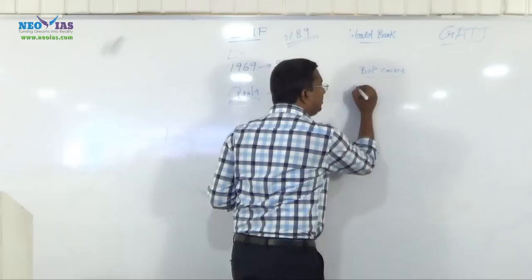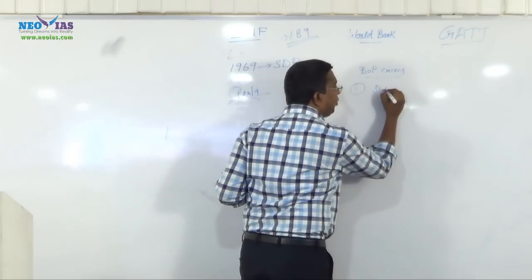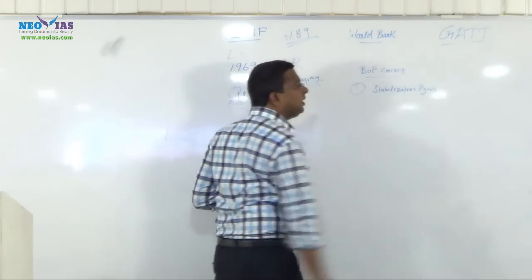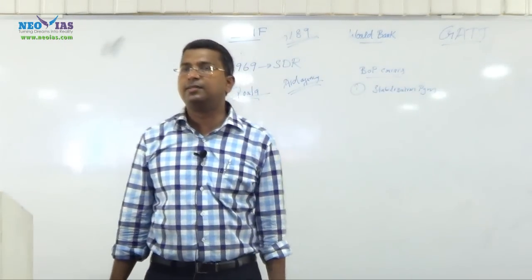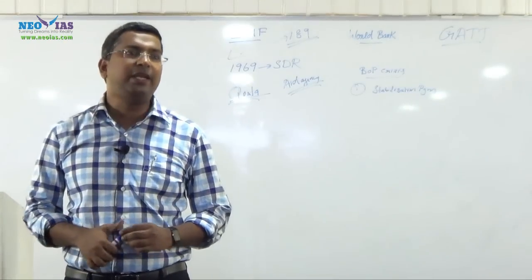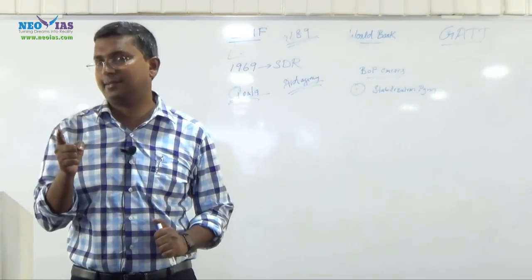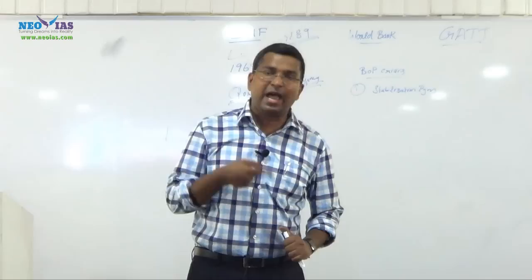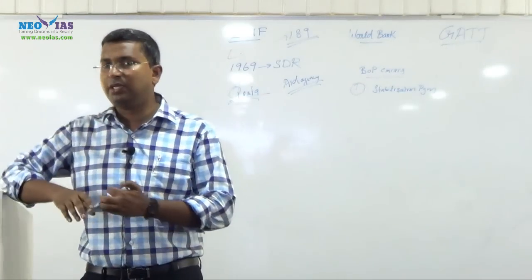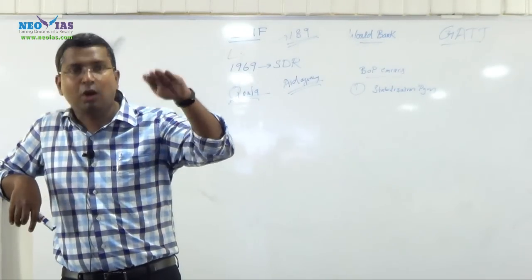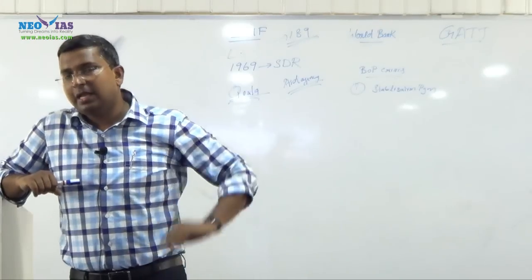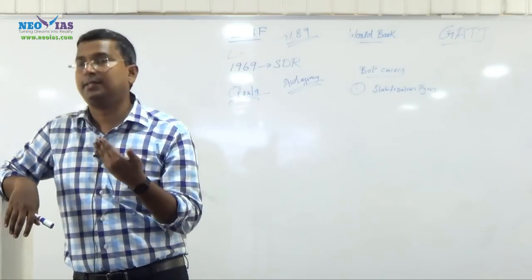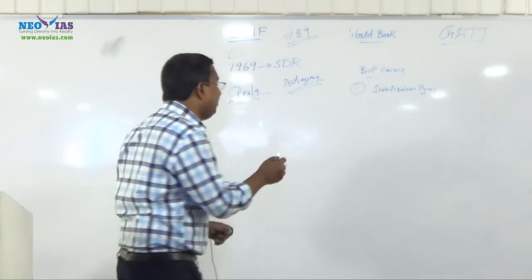The first thing it suggested is what is called the stabilization program. What do you mean by stabilization? A program taken by the government to stabilize its macroeconomic indicators like fiscal deficit. As part of the stabilization program, it gave India a time to bring about stabilization in all the major indicators. Now after the Indian economy stabilized, it recommended, very important,